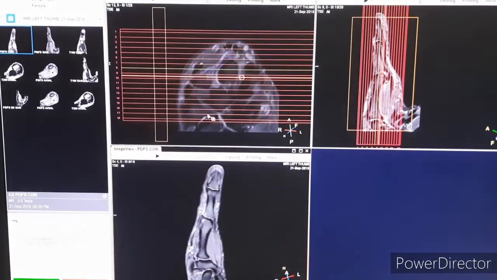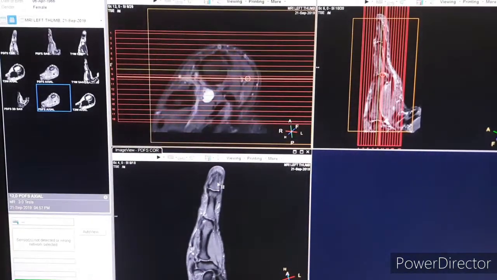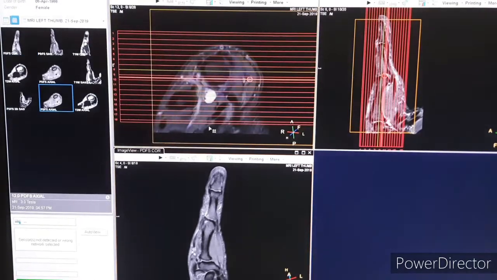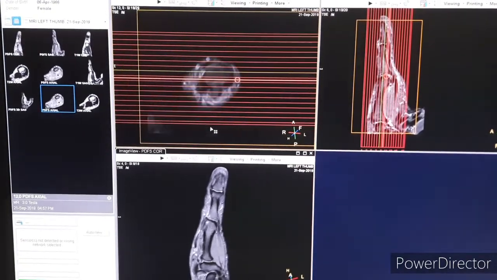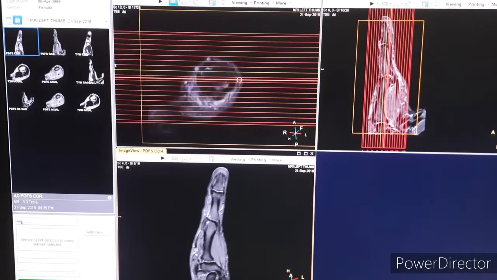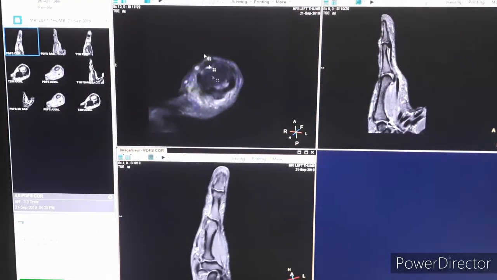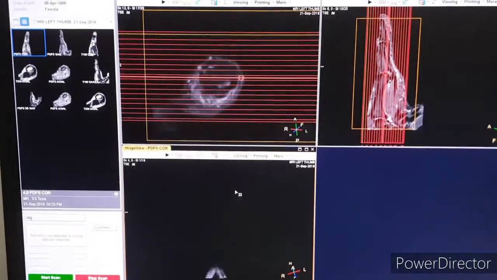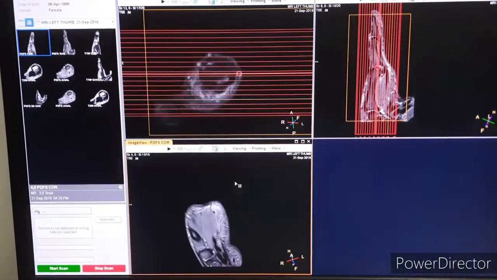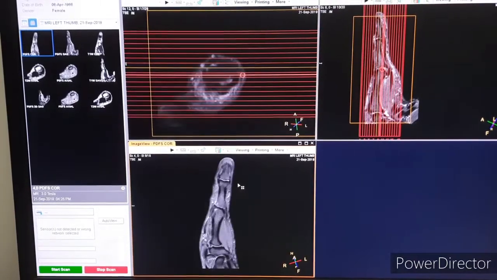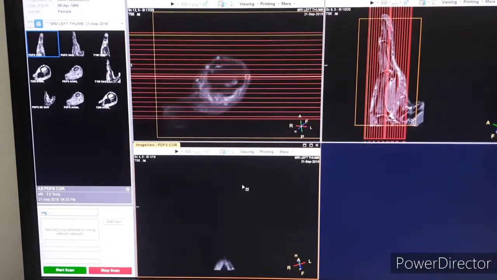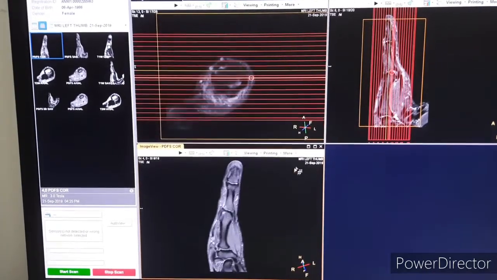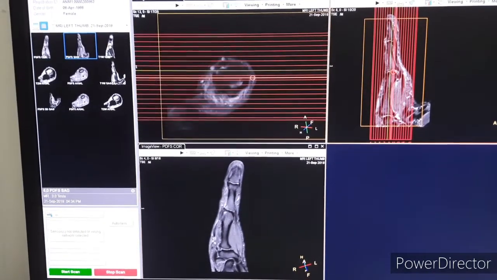Next is PDFS coronal. Next is PDFS sagittal.